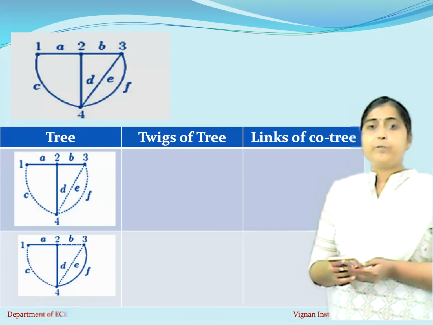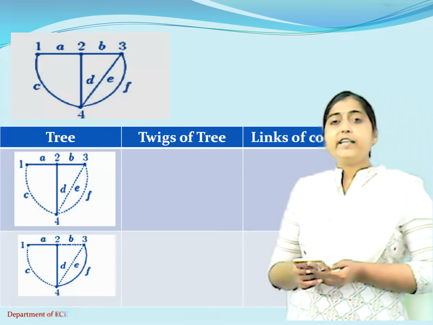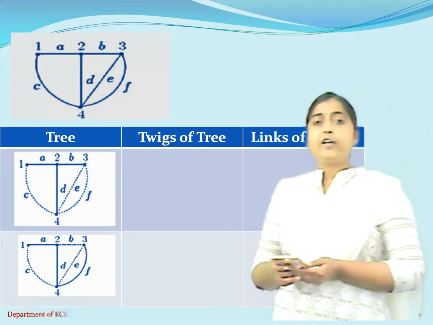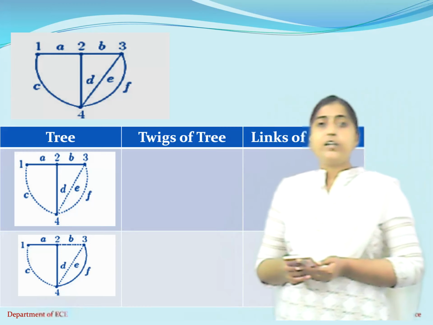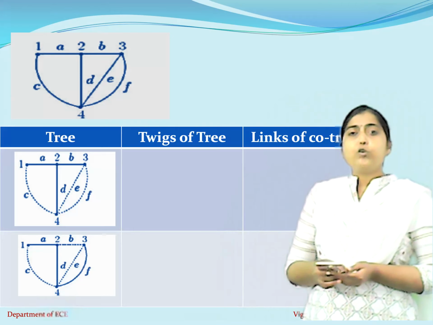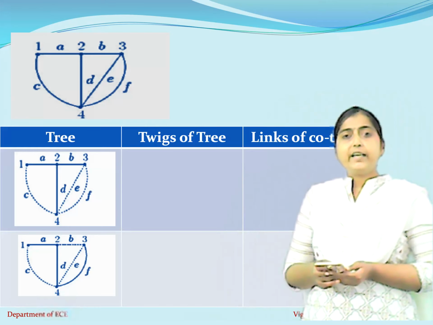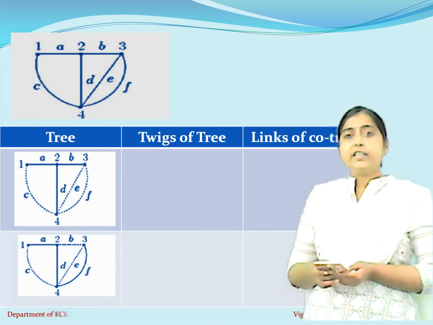Okay, now see here. This is one network graph we have, and as we know, every network graph has n number of trees. So in order to make a tree here, every closed loop has to be made open. Now for example, if I take this first loop which consists of A, C and D as the branches, in order to make this open, I am removing C. Now what do we call this C? C we call basically a twig.